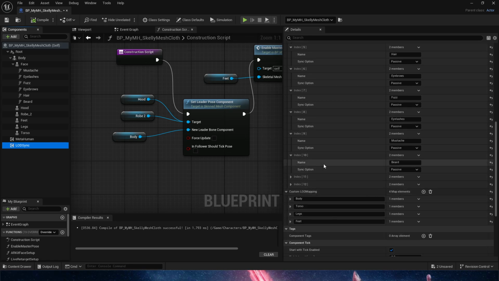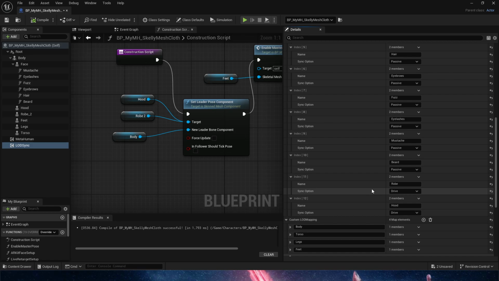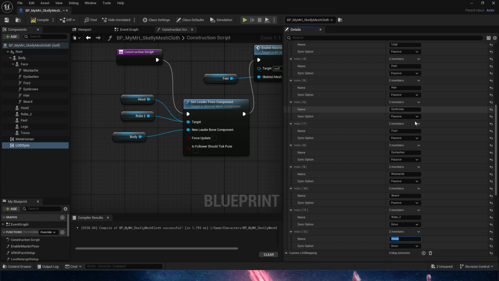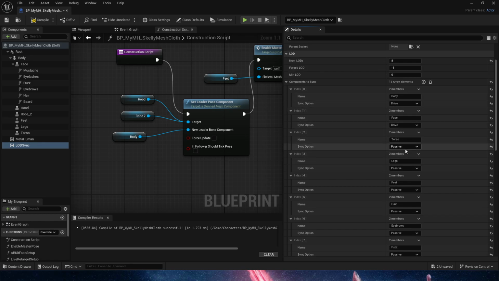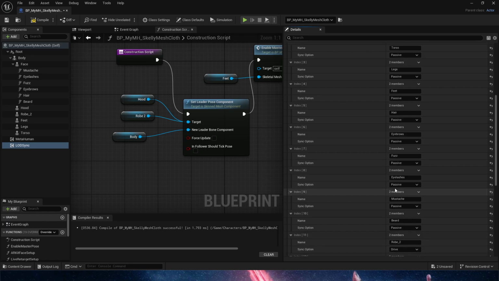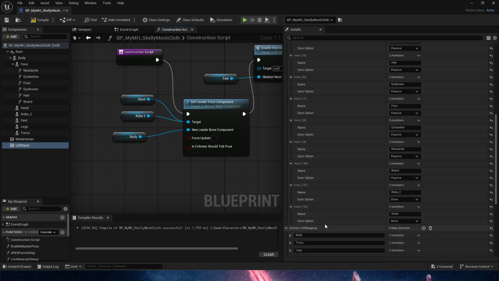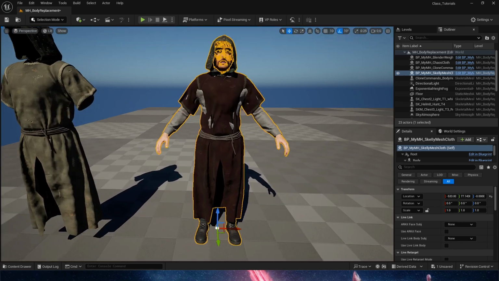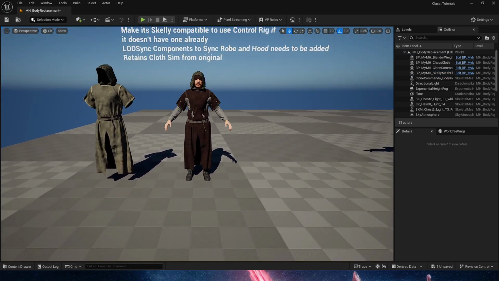I added at the bottom the index 11 and 12. These are the robe, in this case it would be 2, and the robe hood on the hood, and set them to drive. It's the same thing. Everything else is being run by the skeletal meshes. Everything else is passive. I'm doing this just because I experienced some issues with the simulation in LOD switch. So just do that. And now that we have this, again, obviously with the little issue that we have there,